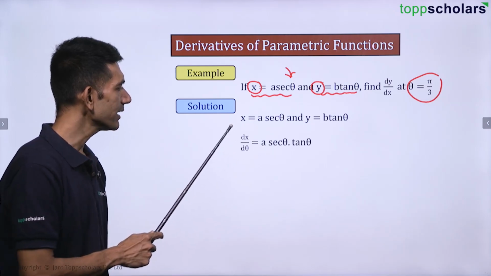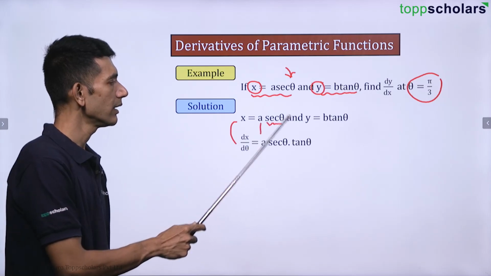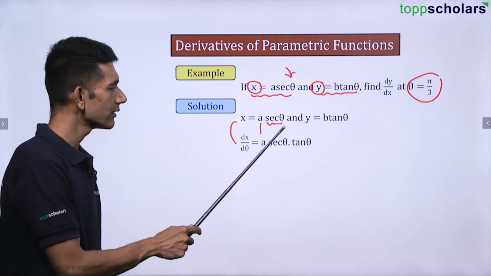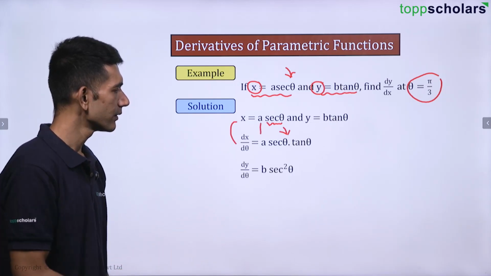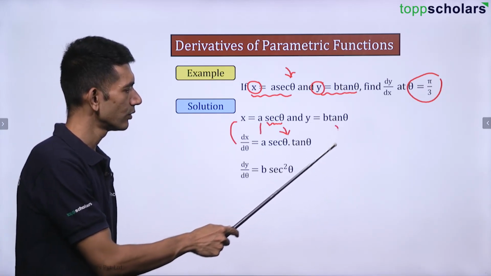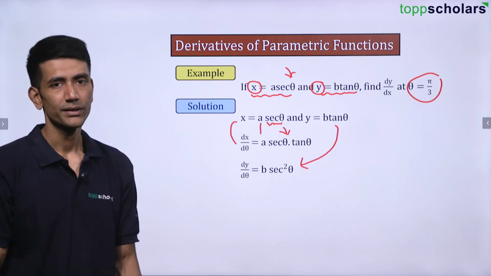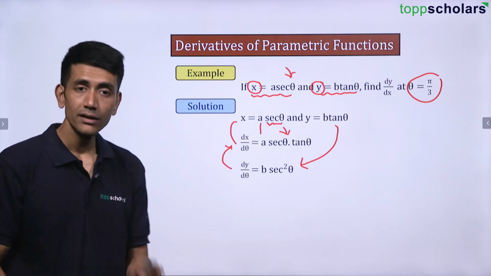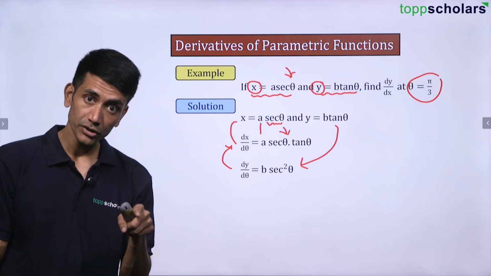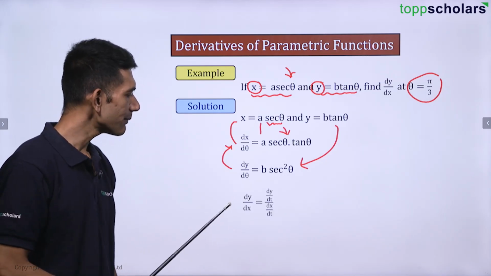So here it is. Dx by d theta. A is a constant as it is. Derivative of sec theta is what? Sec theta tan theta. Y is equal to b tan theta, right? So b is as it is. Derivative of tan theta is sec square theta. Now divide both of them. When you divide dy by d theta first by dx by d theta, so this becomes dy by dx is equal to